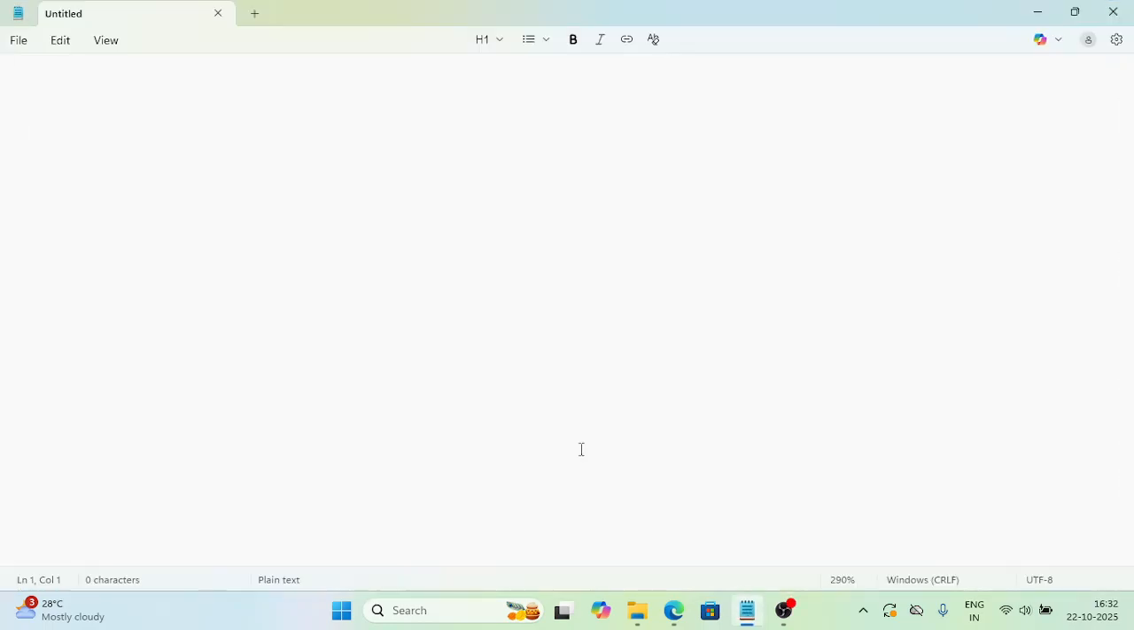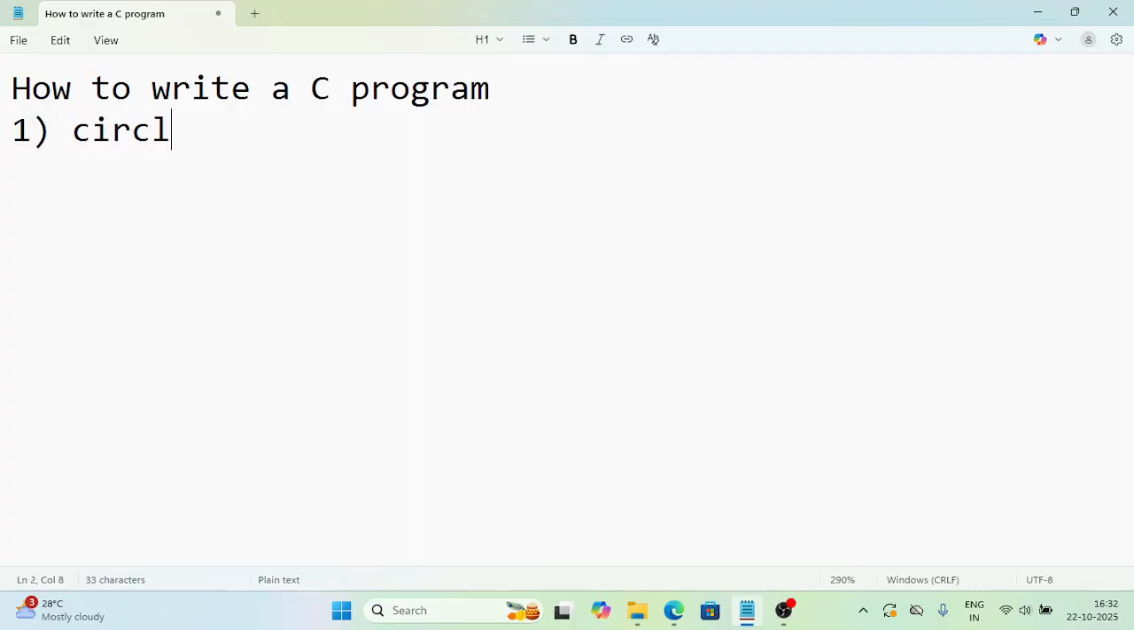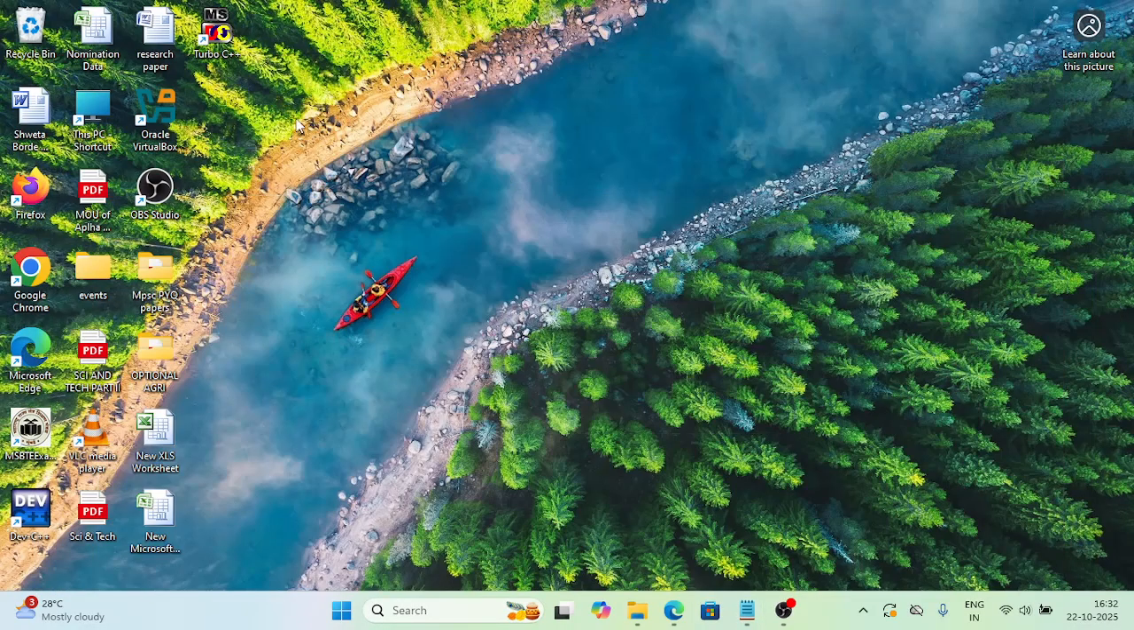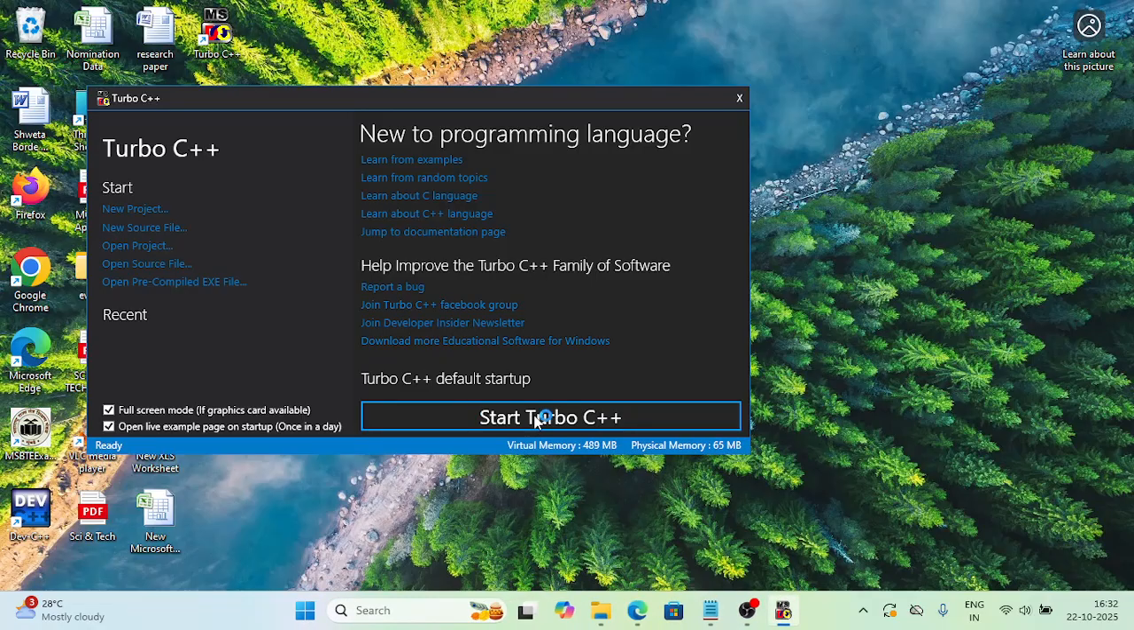Welcome. In this video, we will see how to write a C program to draw graphical objects like circle and rectangle. So, for that, we will open Turbo C, create a new file,